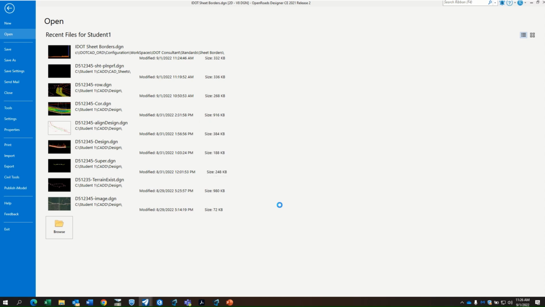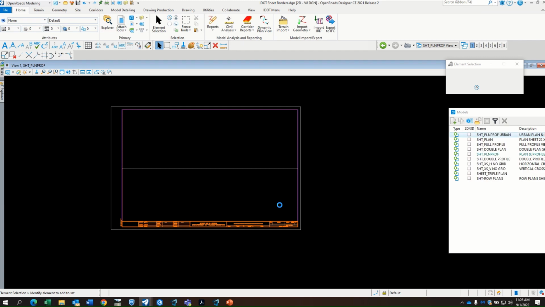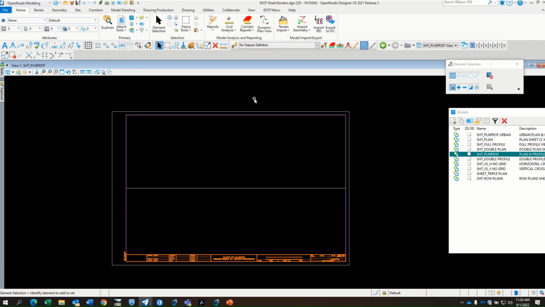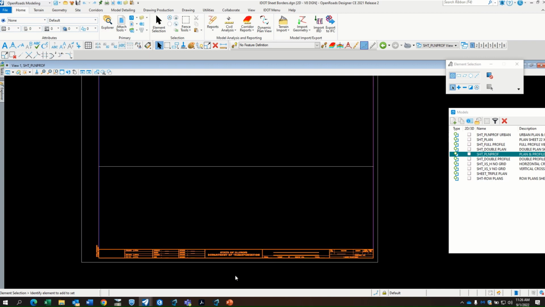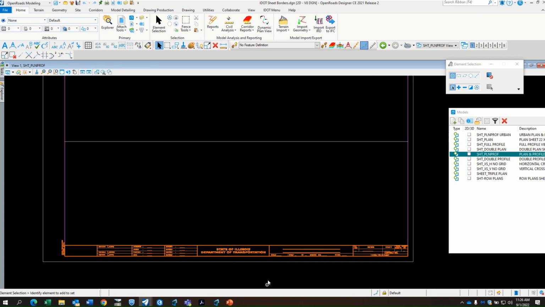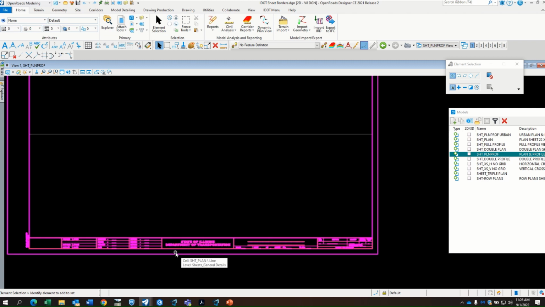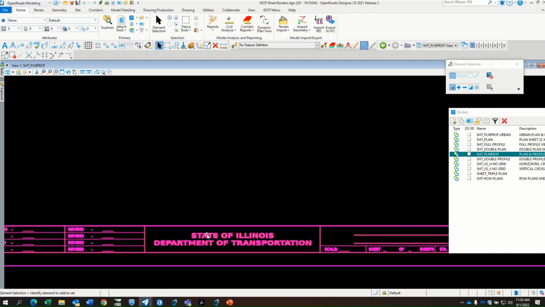So now what I've just done there is I've saved a copy of the IDOT sheet borders, and that copy is in my work set for this project. So now would be a good time to make all those changes. Like, for instance, if this is not a state job, you can